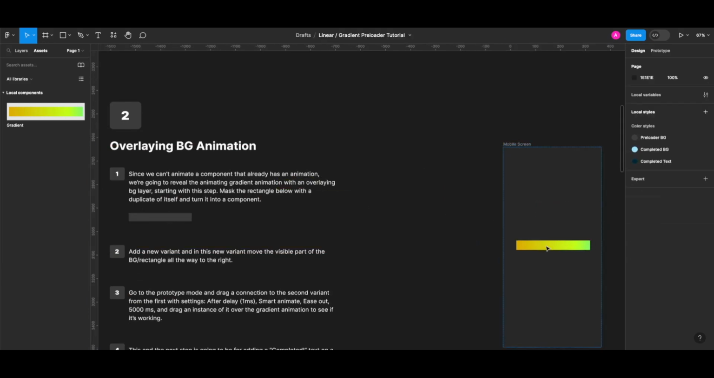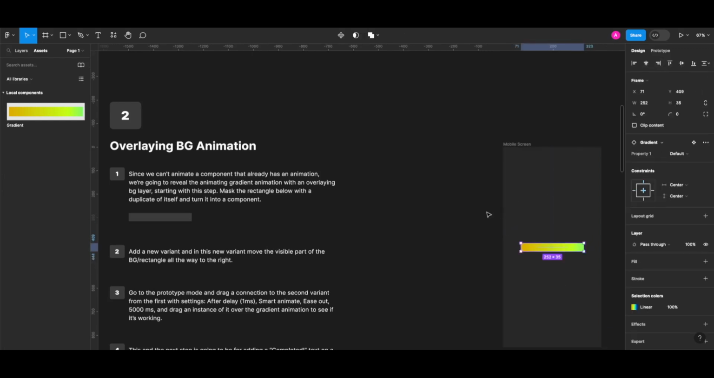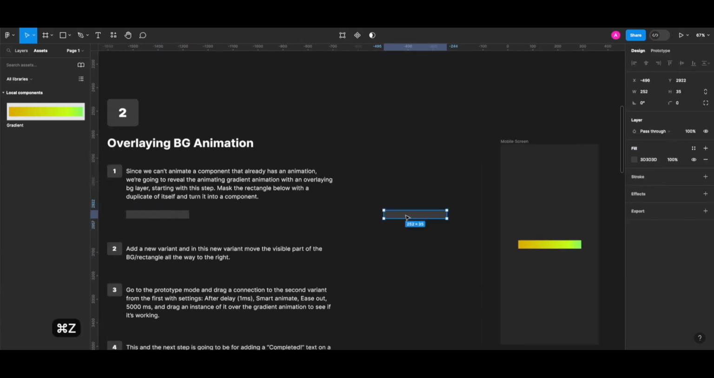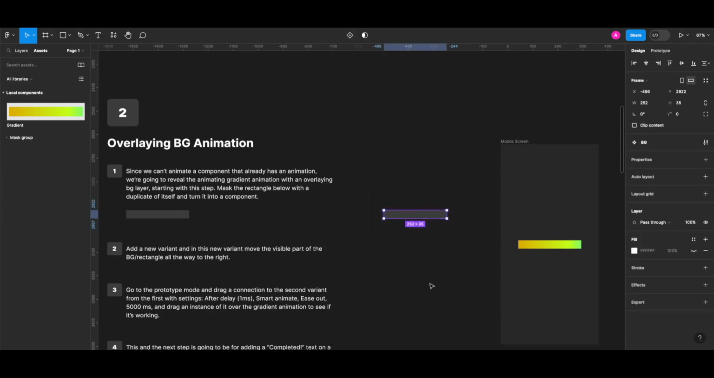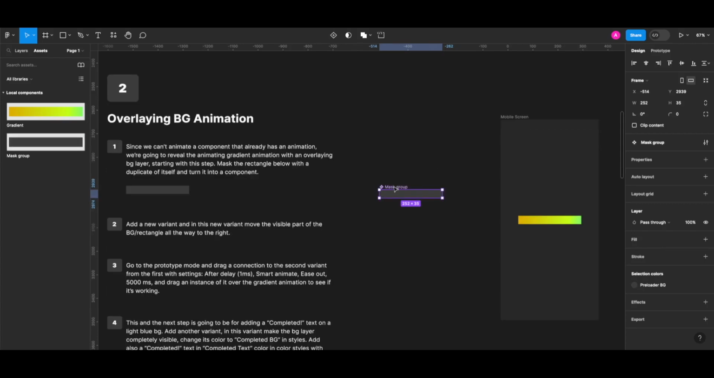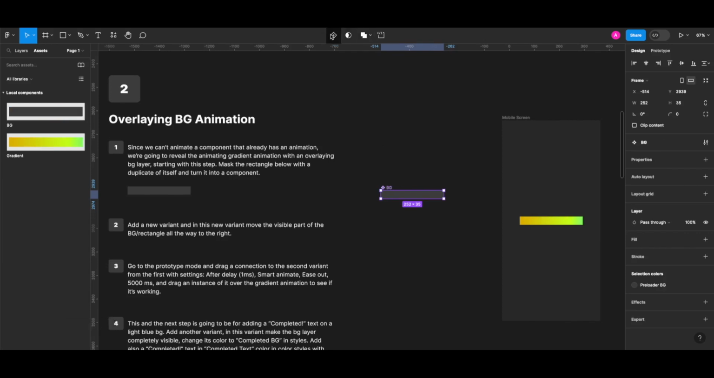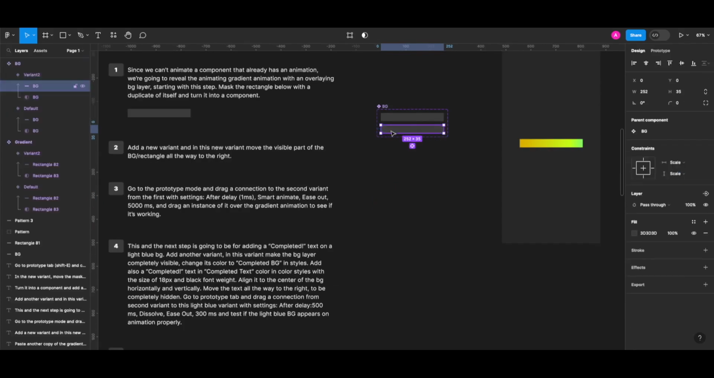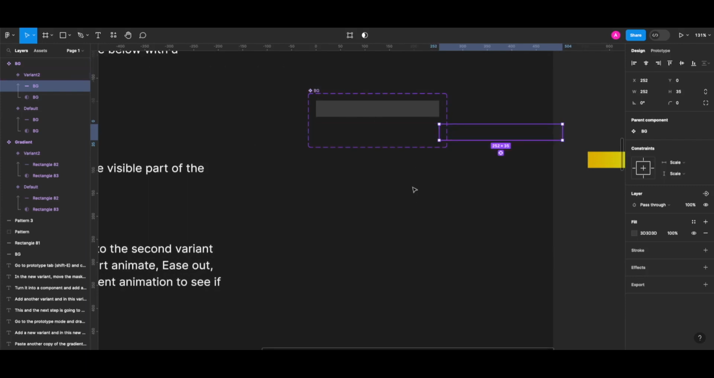So first I'm dragging again an instance of the gradient component and center it to the frame, and I'm taking this background layer, and as it says in the notes, I'm duplicating it to mask it with itself, turning it into a component. Let's call this PG, and adding a new variant. In this new variant, I'm moving the background layer all the way to the right. So this will create an illusion of gradient animation